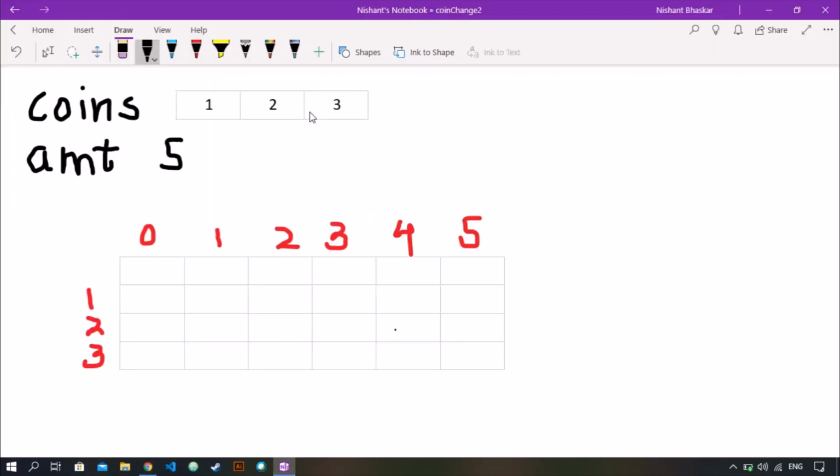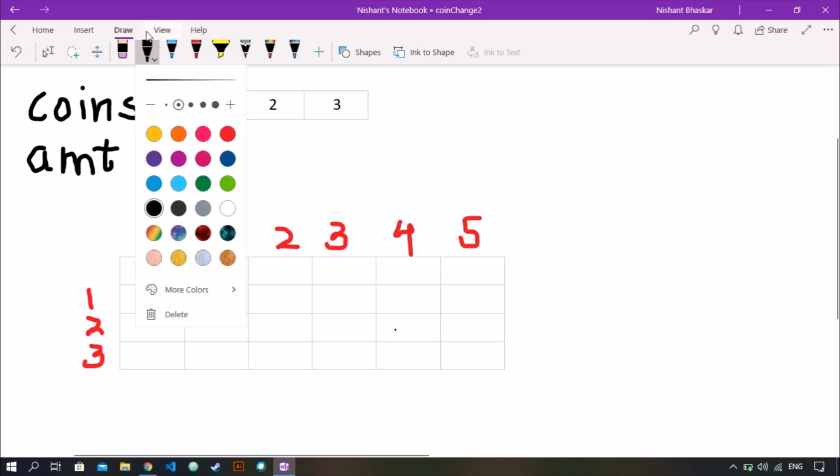So let's say here's our coins array 1 2 3. We are given 3 coins of denominations 1, 2 and 3, and an amount 5. So we need to find the number of ways we can use these coins to make up a total amount of 5.